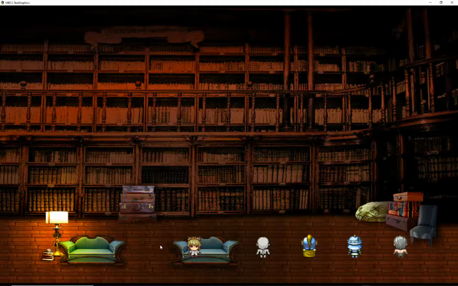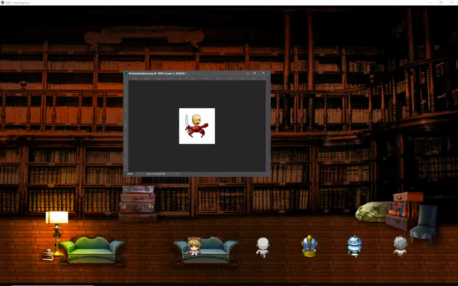I thought, okay, well, how am I going to stock the characters that I need in this world? How am I going to make that happen and make it look right? And I had already created one character. I had already created one sprite from scratch. I called it Crabomination, and it debuted in the game jam that I just did